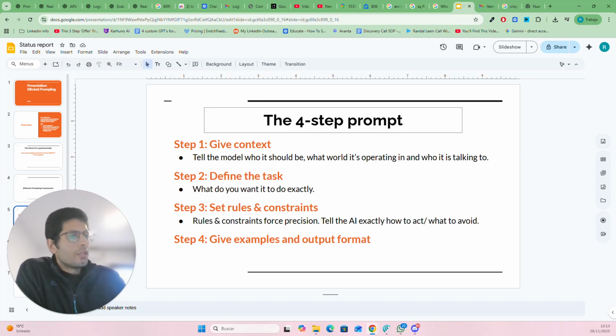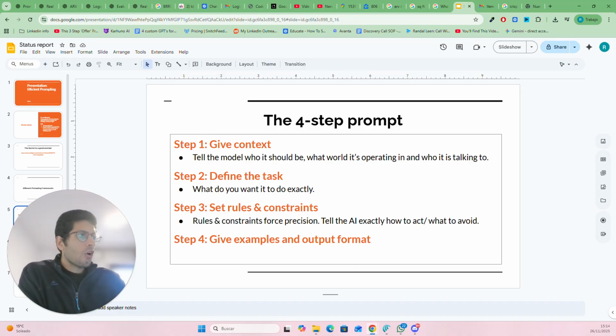So what we're going to be doing is giving you a step-by-step process that not only is the AI going to be able to understand this a lot better, but you are going to be able to understand it a lot better. It's just a logical way to actually think about things, right? So you want to give the AI context of what it's actually doing. So what world it's operating in, what role it's actually representing, what it's actually working on, what company you're working for, who it's talking to, that sort of thing.